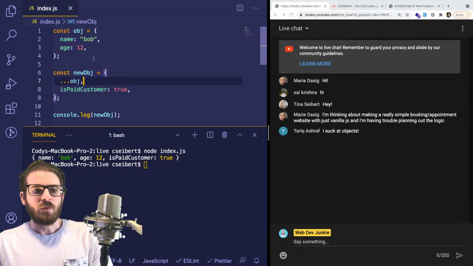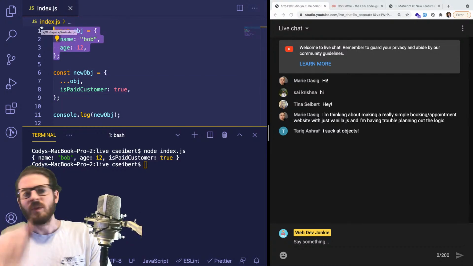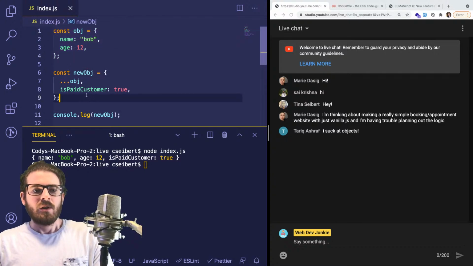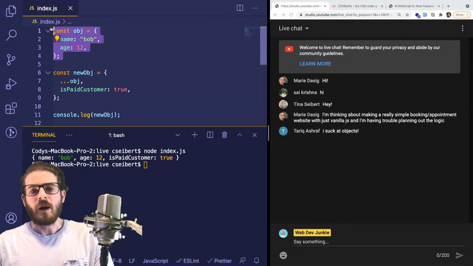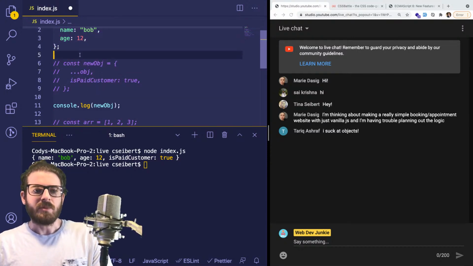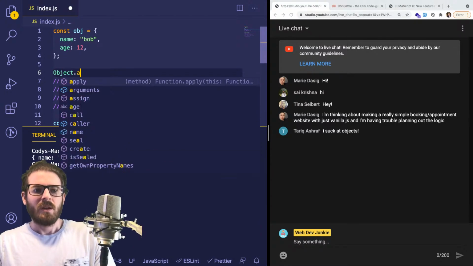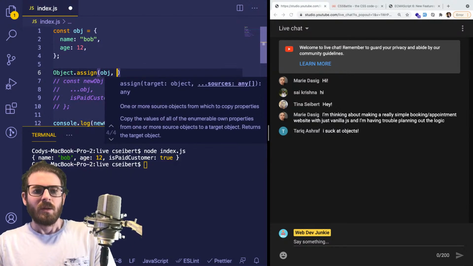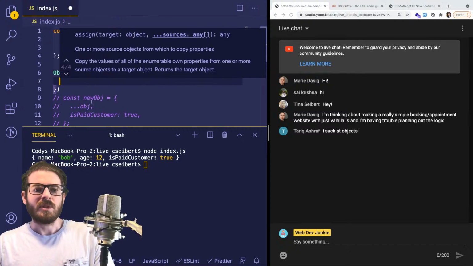There's other ways to do this. One thing I like to do is use Object.assign. Let's say you wanted to actually add the properties directly to this object. One thing you could do instead of the spread operator, which a lot of people will argue is a better approach because it's immutable, is that it returns you a new object and doesn't modify this one. But for some reason, let's say you wanted to add properties to this one, you can do it with Object.assign. So if I do Object.assign, pass it object, and then pass it a new object over here,